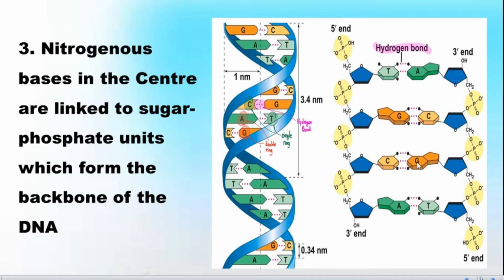So this is the structure, they will make it like this. So thymine, adenine, thymine, adenine, adenine, thymine, adenine, thymine, guanine, cytosine, guanine, adenine, thymine. So it will vary according to the person, according to the organism.